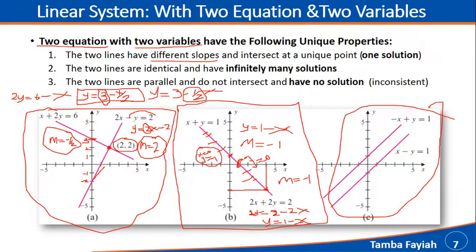They both run without intersecting, so they have no point in common, so they have no solution. Even though for their slopes, let me just say their slopes, if we say for the first equation y equals 1 plus x, and for the second one, if we come to this, we get y equals 1